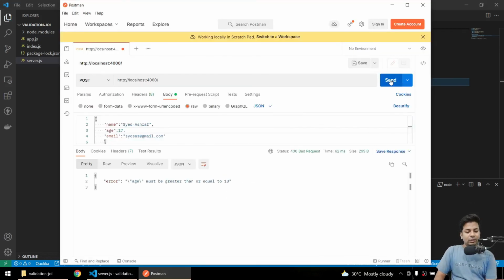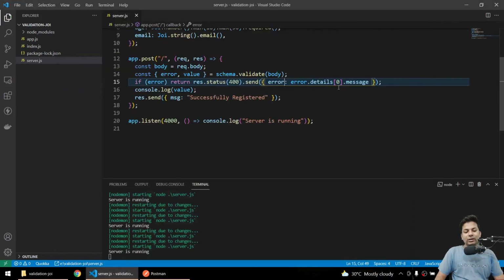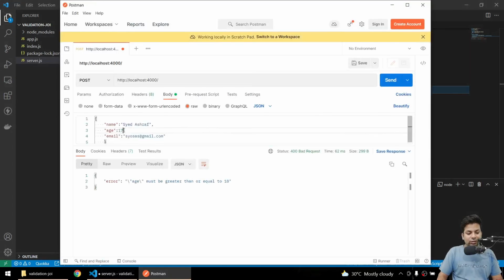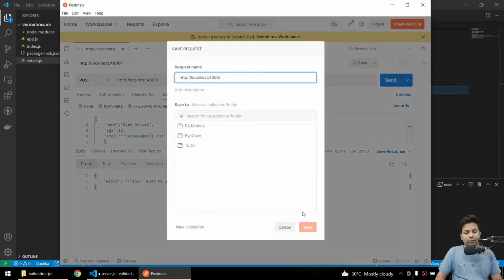Send error: age must be greater than or equal to 18. If everything is fine, you just insert the data here. After that you send successfully registered. And if I make age 18, successfully registered.